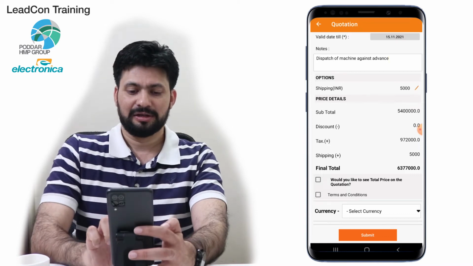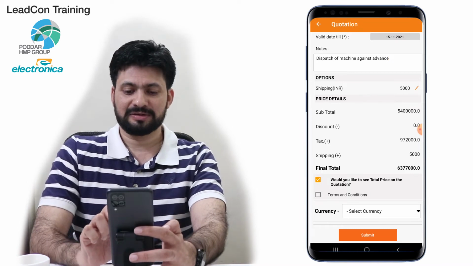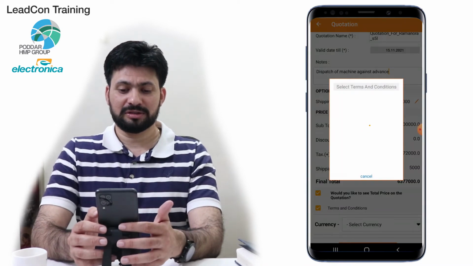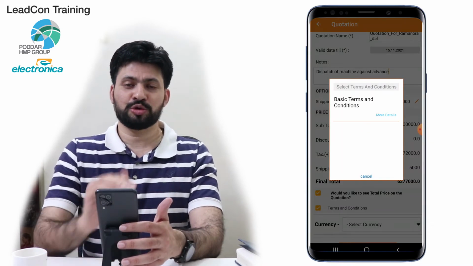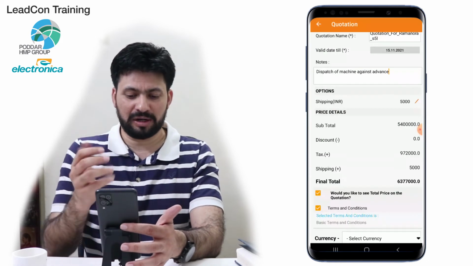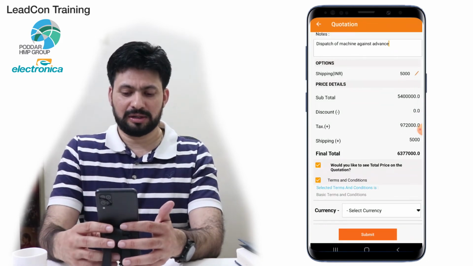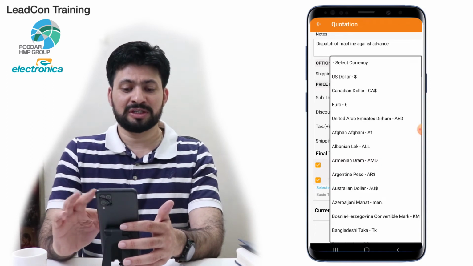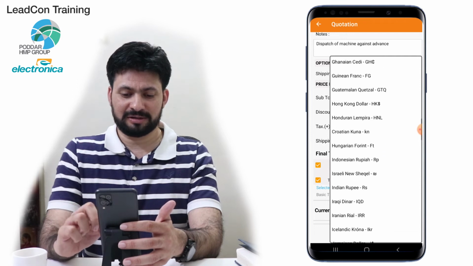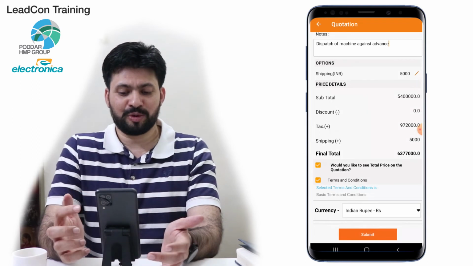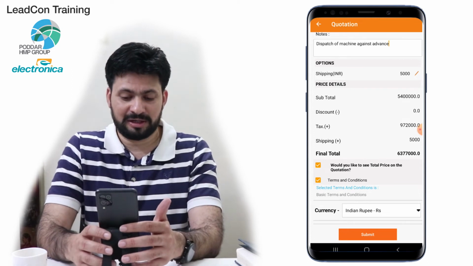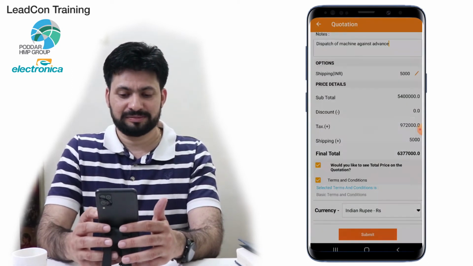Yes. To which I choose details, okay. To which further you can click on terms and conditions, and you can see you can choose. So you can add. There might be multiple terms and conditions. I've just added one right now. I choose that one. Here we have also given a facility to choose the currency, okay. So the most important factor is, in case you are exporting and the rate changes, you also have that facility. I click on submit.